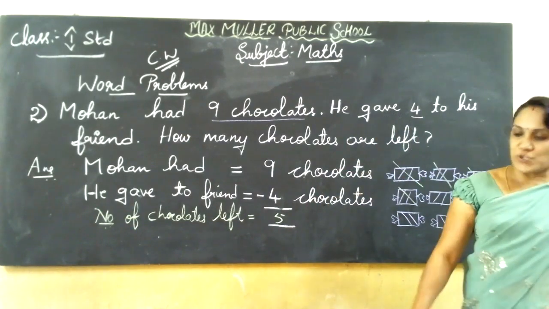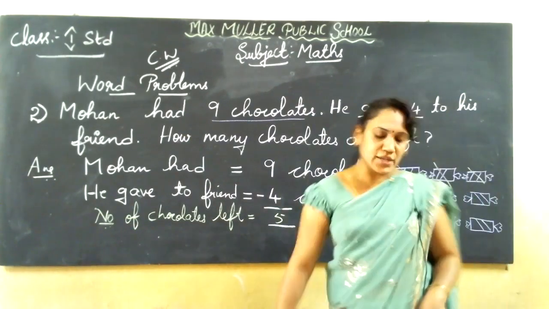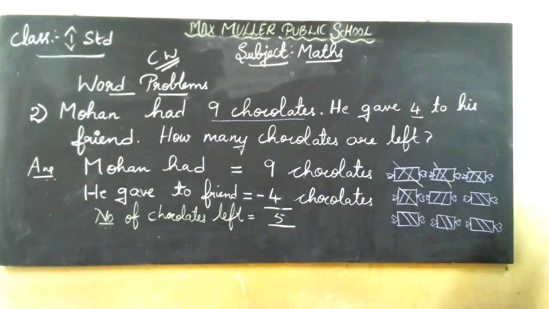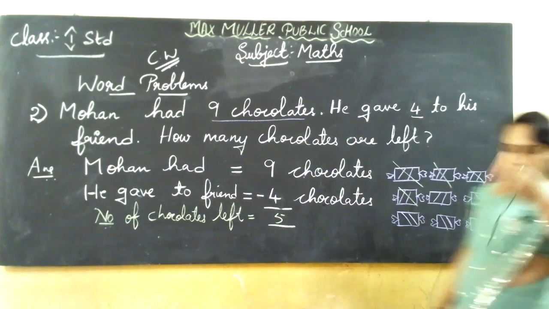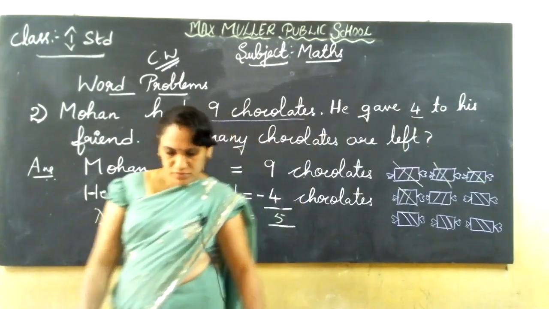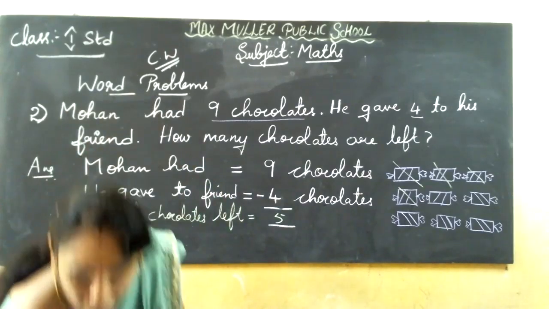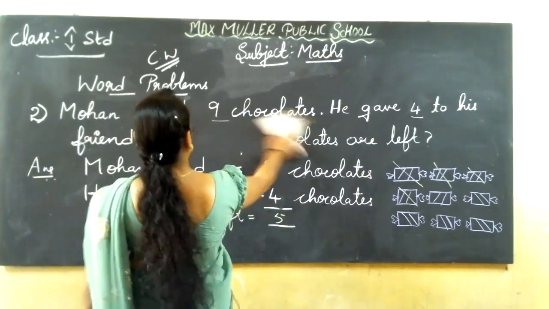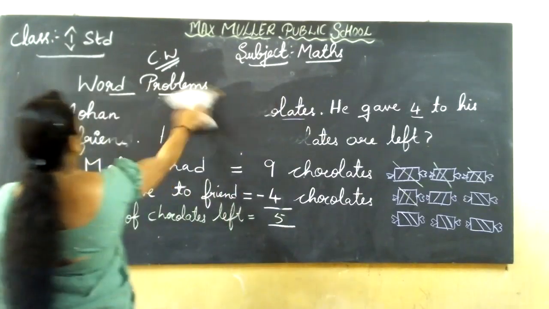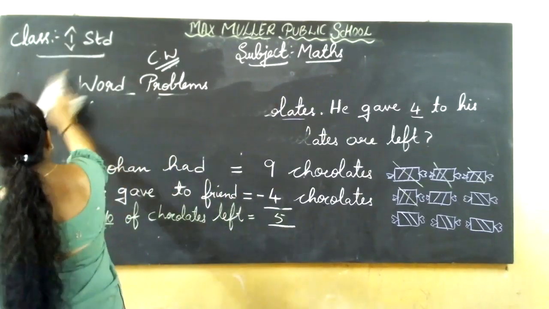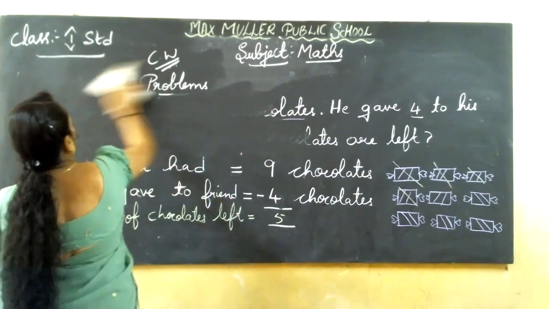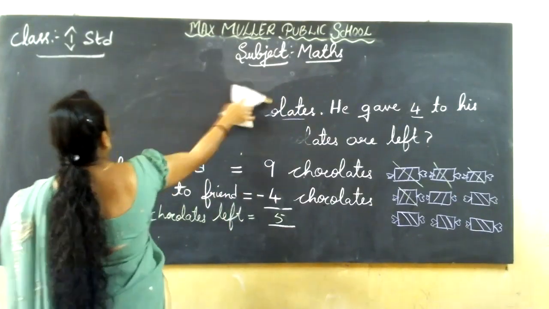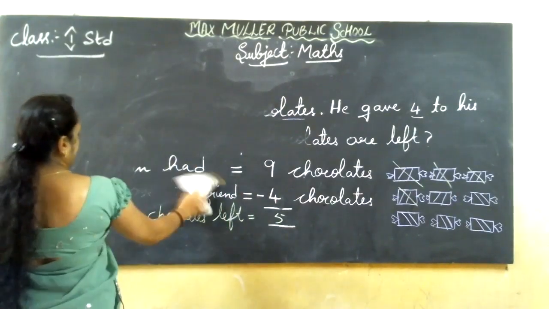Next, keep the textbook ready. Page number 93. I'll continue. Keep the textbook ready. So in the classwork book today, what did we give? Word problems, 2 sums I gave. That much you do today, enough. Next, we'll do the textbook sum.